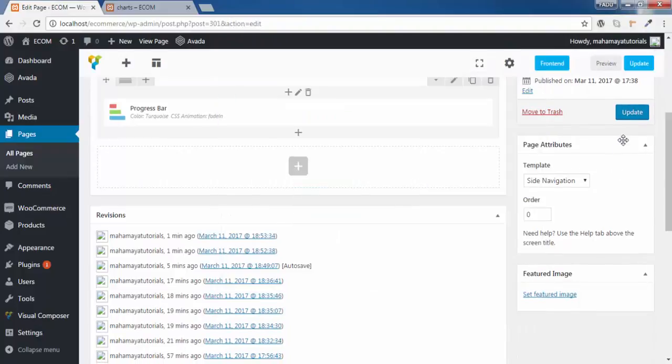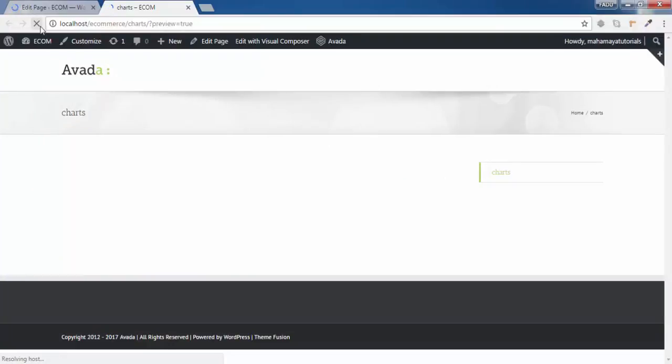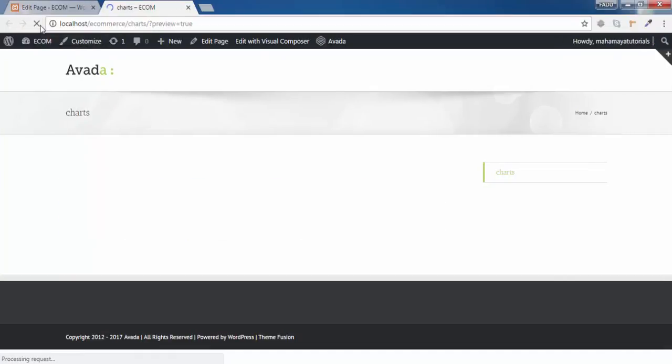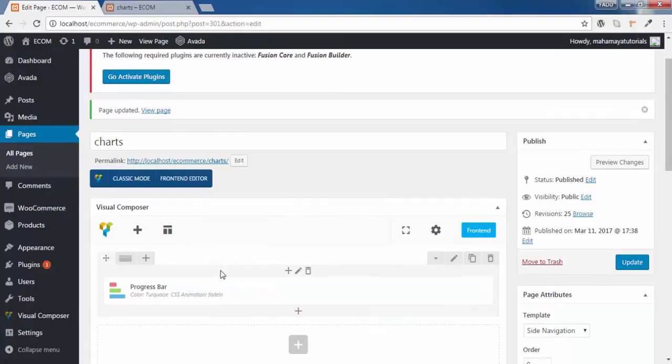Click on update, and go to pages. Now refresh the page. As you can see, a fade in effect with a progress bar, it's moving, and you can see both the animations in this. Let me go for one more chart, next, that will go for